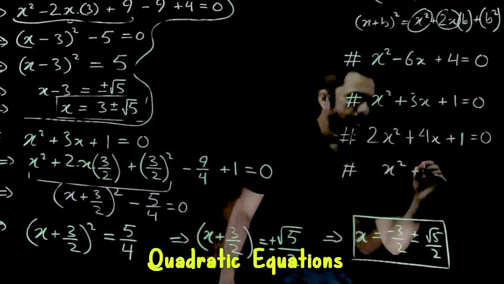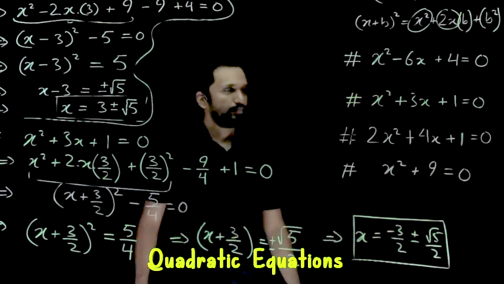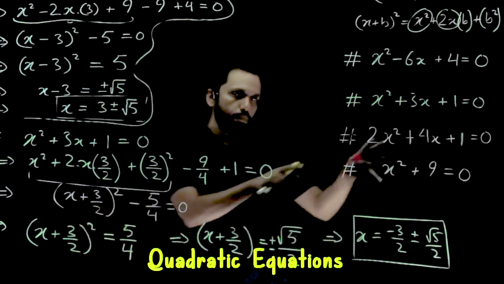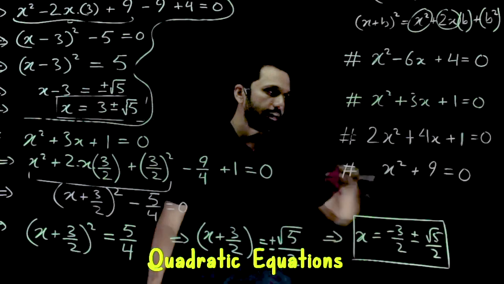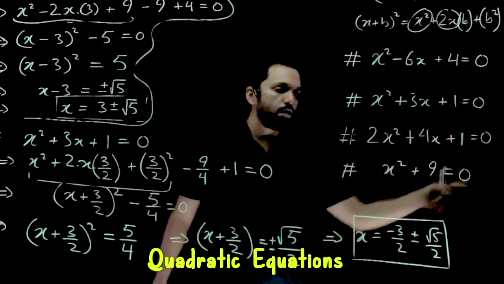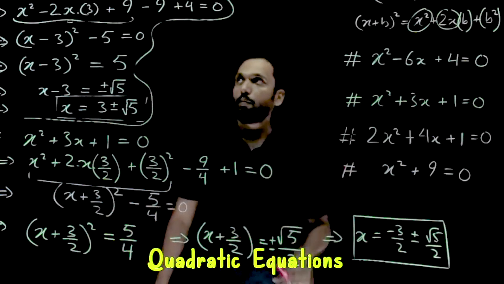Yeah, so do this and maybe one more. Do this. X square plus 9 equal to 0. Yeah, so you can pause the video and do both of them. Both of them are quadratic equations. You can see that this part is a polynomial with the highest degree of 2 equated to 0, which makes it a quadratic equation. Do these two questions quickly while I clear up the board.